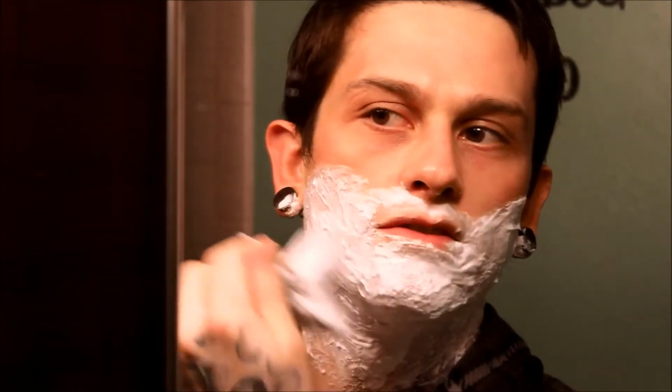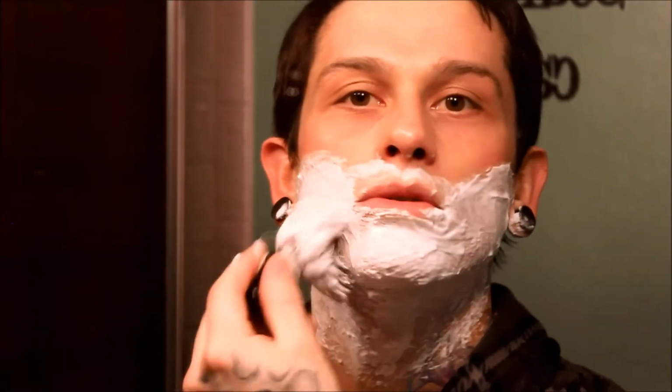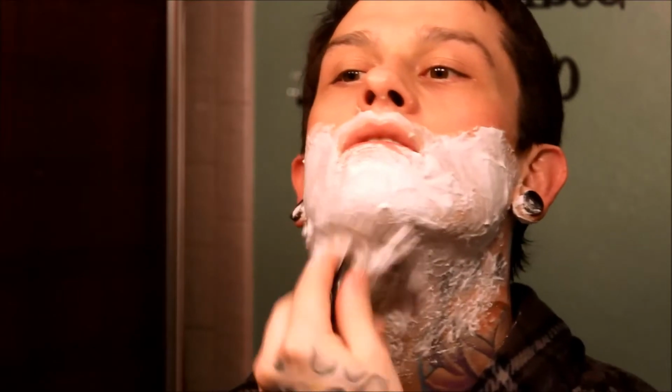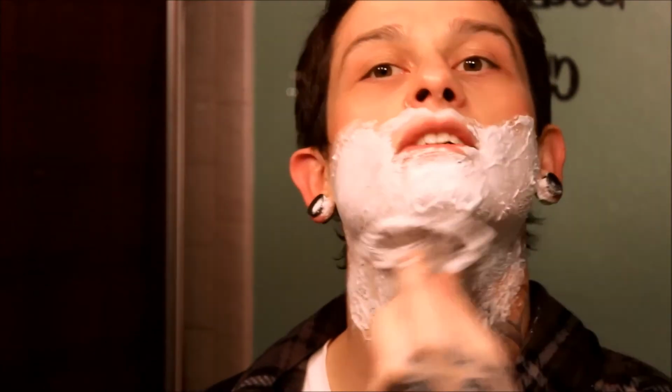This isn't the best lather, but we're going to finish by painting it onto the face. My lather's a little bit dry. I could stand to use a little water. Actually, I'm going to dip just the tip of the brush in there. Oh, I'm slinging water over here, people. I really probably shouldn't be filming with my brand new expensive camera in the bathroom whilst shaving. But